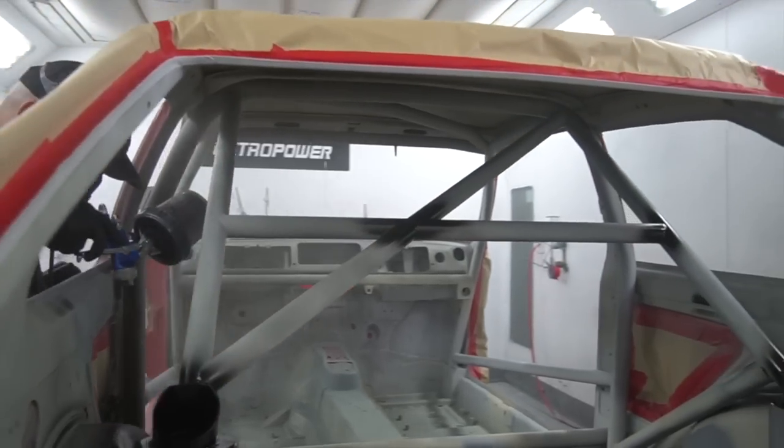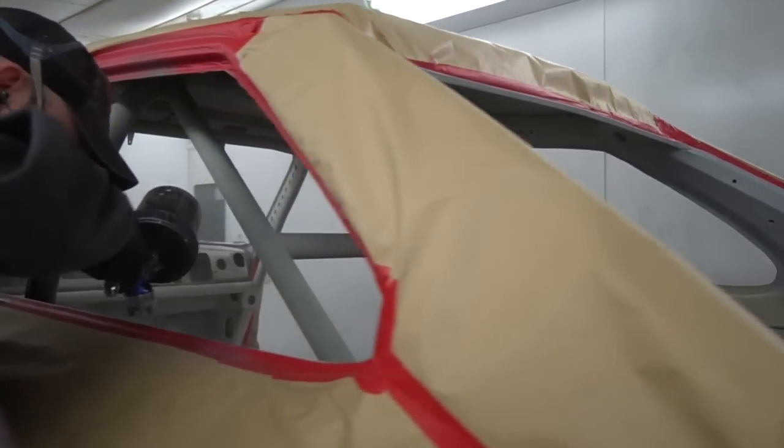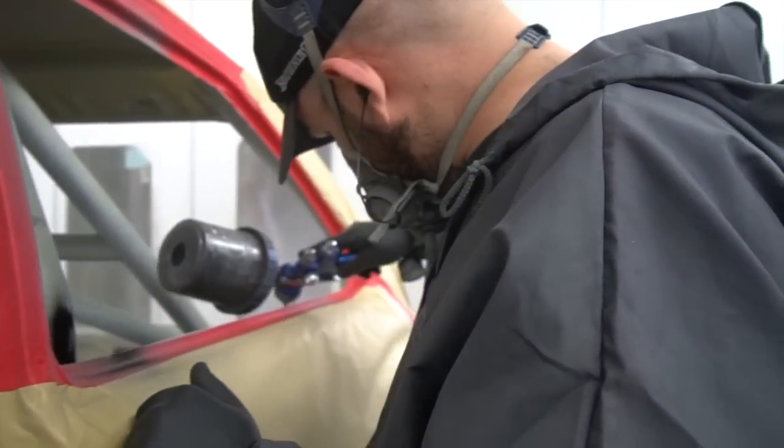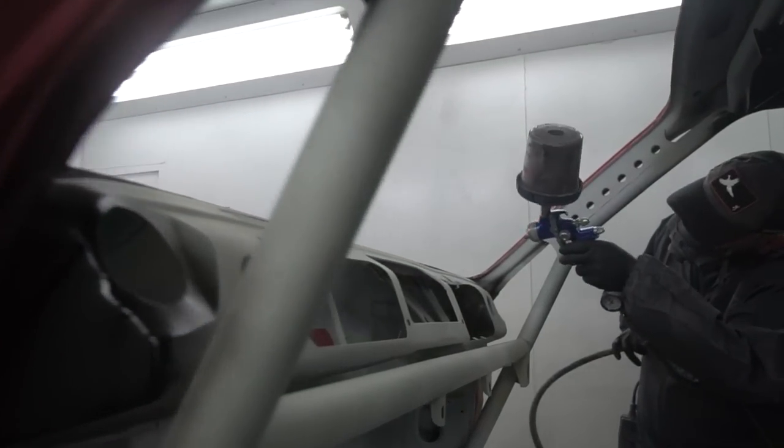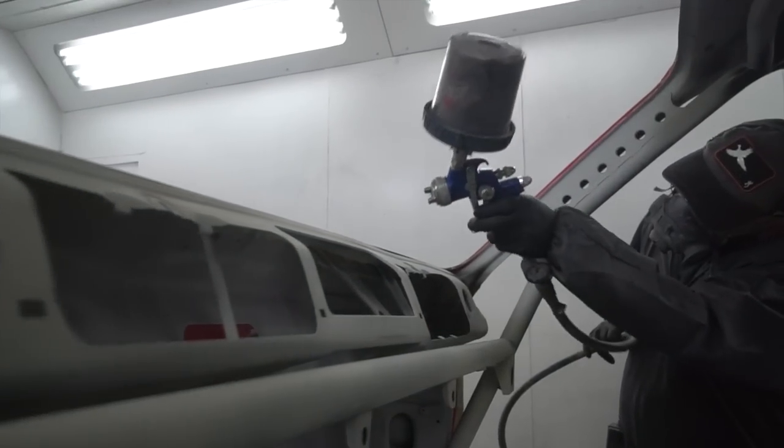I can't remember which black it is. It's black, but I can't remember exactly what black. I'm not very good on colours, but basically the final paint is now done on the inside of the shell. So the next step now is we've got a sealing coat on, as far as is practicable and possible,